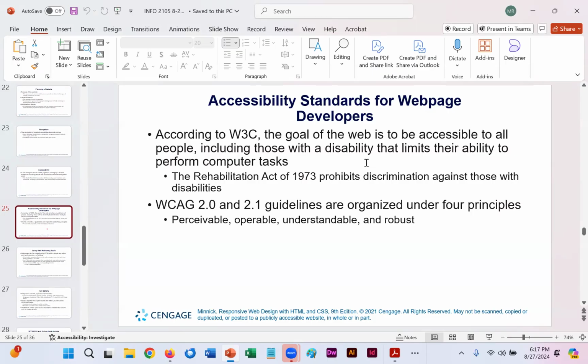So you may want to have the availability for your web page to be read off using, say, a screen reader for the deaf, etc. Or think of something like YouTube, where they have transcripts available. You go to a video and it has the availability for you to go ahead and read the transcript underneath. Those are different ways you may be able to address accessibility with your web page. May not always be necessary, but they should be things that you consider when you go ahead and make